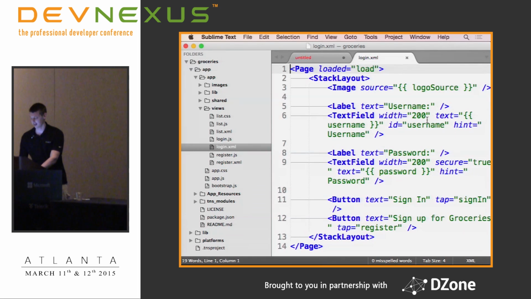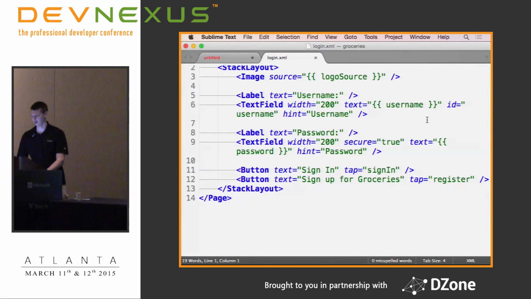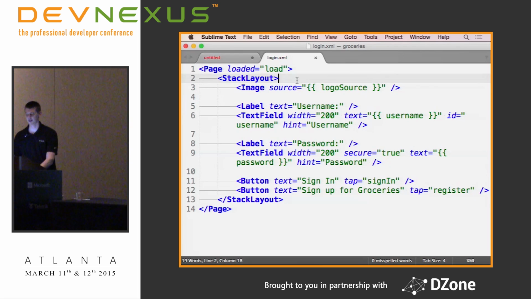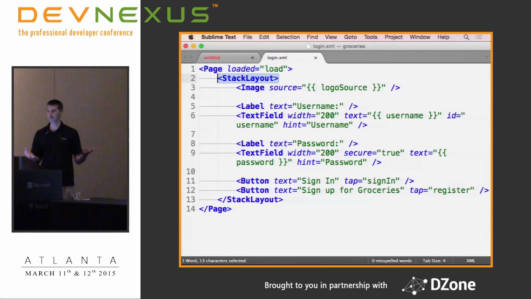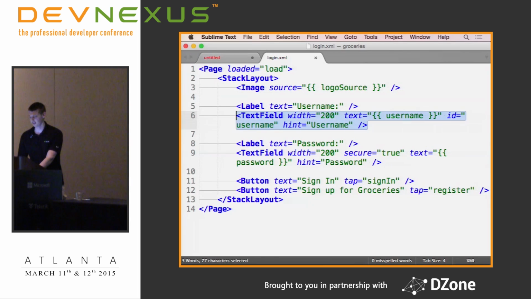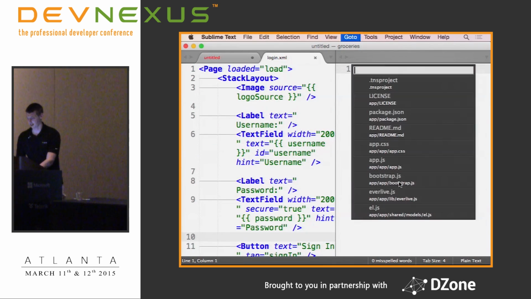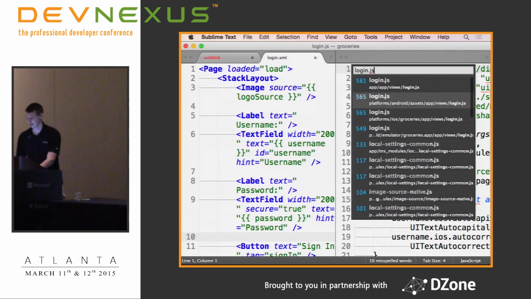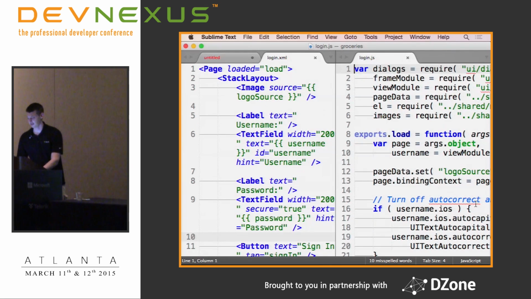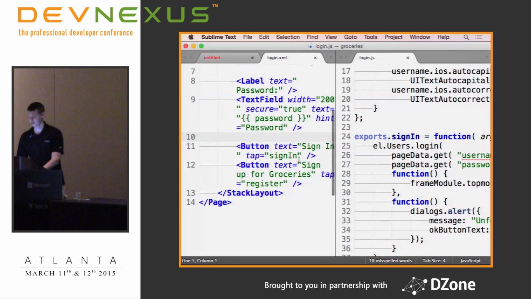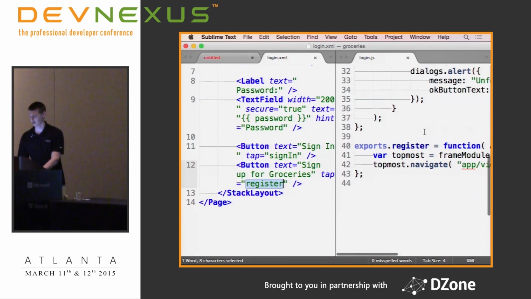This page actually has a login screen. So again, I think this is fairly readable. This is a stack layout, pretty simple, just lines things up on top of the screen. There's a username and a password field, and there's 2 buttons here on the bottom, one to sign into the service and one to sign up for it. The sign up you can almost think of like an HTML link, and it's implemented right here. So to connect the dots here again, on tap, this register function runs, which corresponds to the